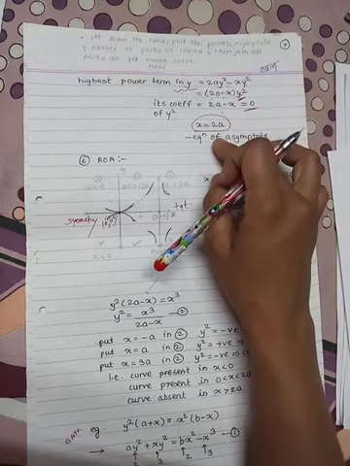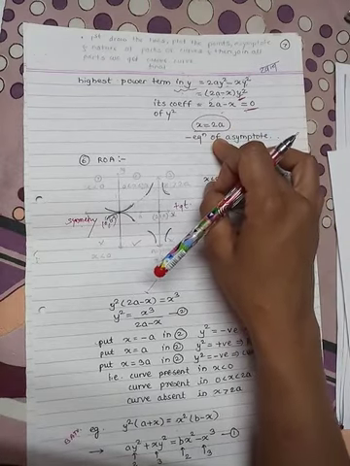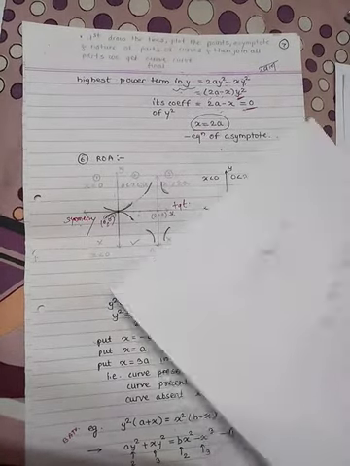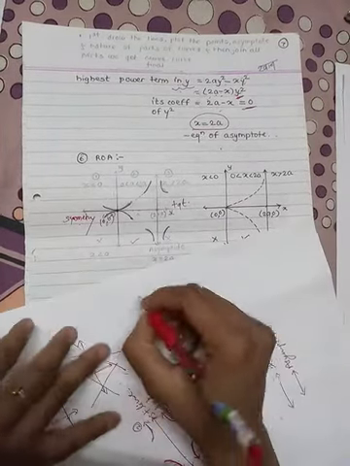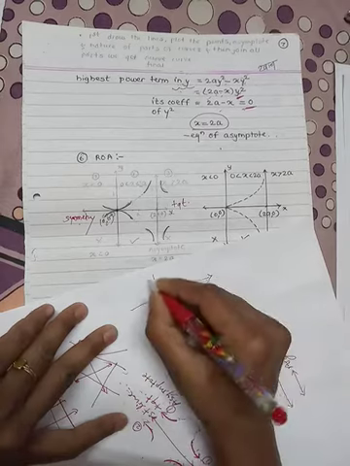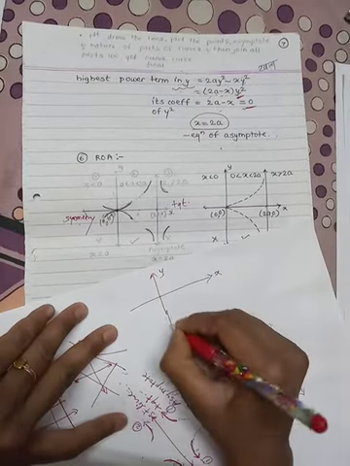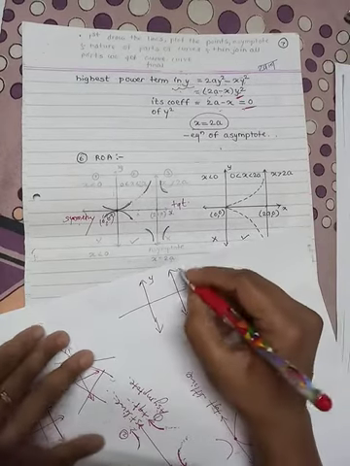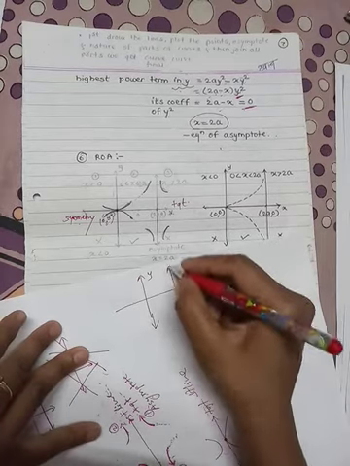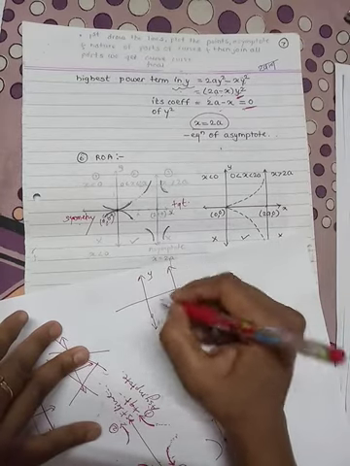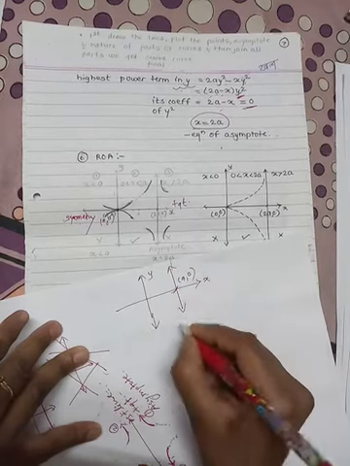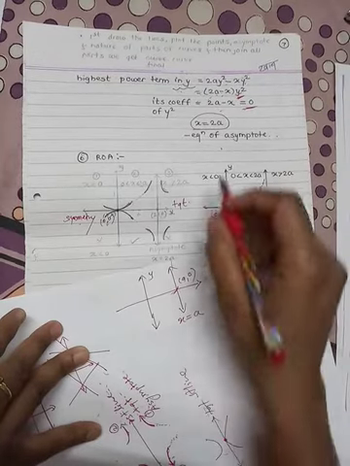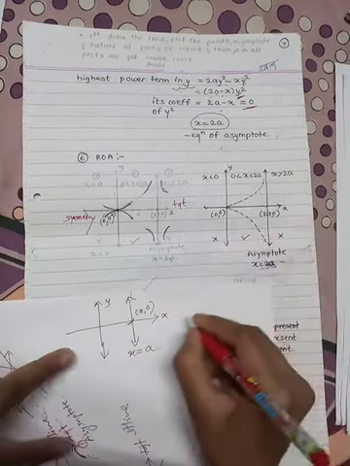So what is the nature of this asymptote? Asymptote is one kind of tangent or straight line. So what is the nature of this straight line? As we know, in the previous theory part, we have seen that if this is x-axis, this is y-axis, and I am drawing the straight line which is parallel to y-axis. So what is the equation of that straight line which is parallel to the axis passing through the point a, 0? That straight line has the equation x equal to constant a. So we have to find x equal to 2a. So x equal to 2a is the straight line.